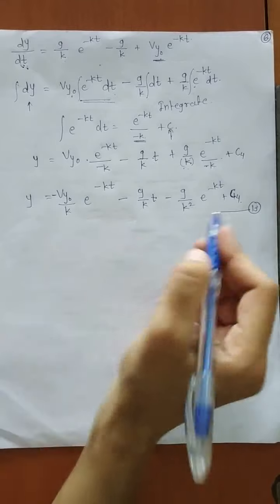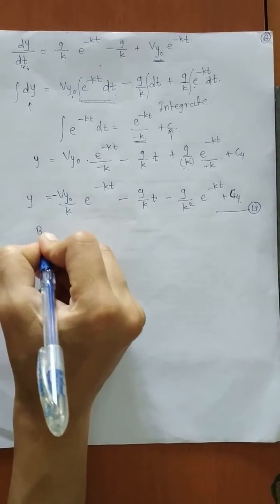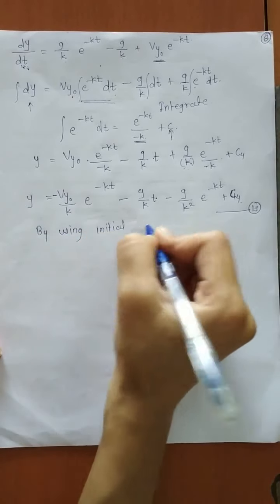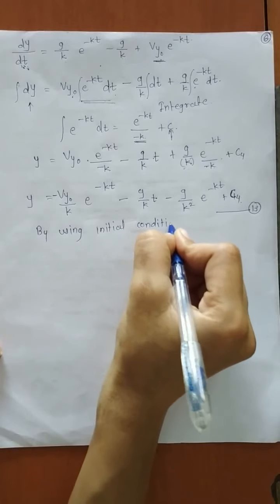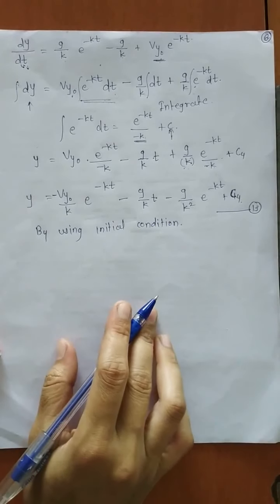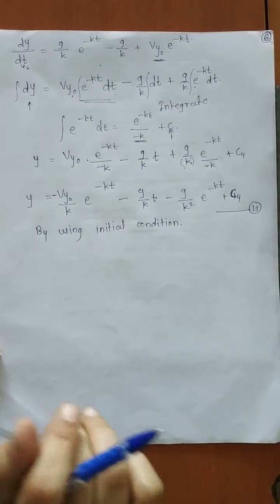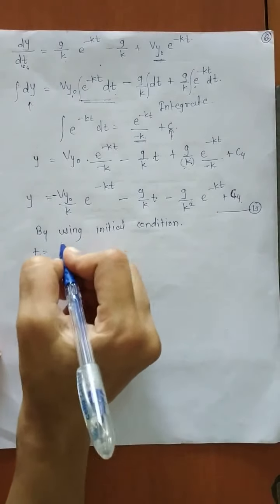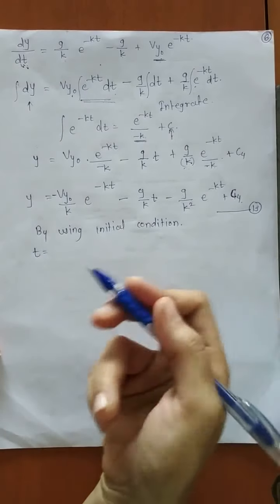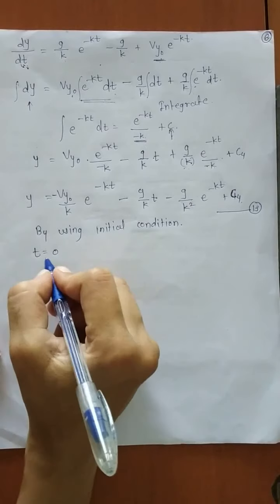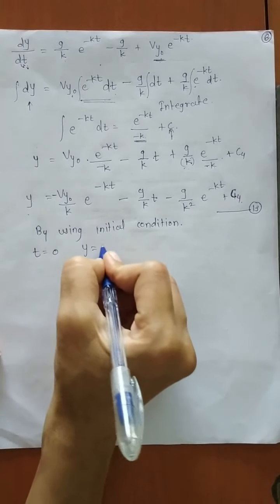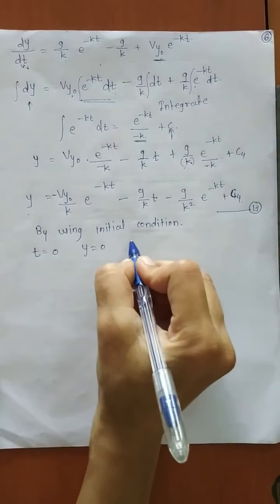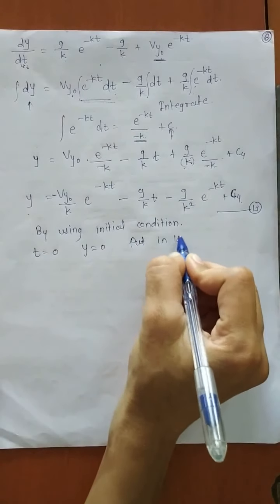The next step is finding the constant of integration C4 by using the initial condition. We are using the same procedure throughout the derivation. For horizontal motion we have used the same procedure, and here also we are following the same procedure. So what is the initial condition? We are going to take this part very quickly because this procedure is repeated again and again. The initial condition is at t equal to 0, y will be 0, that is displacement will be 0 when time is 0. So put this initial condition in equation 13.